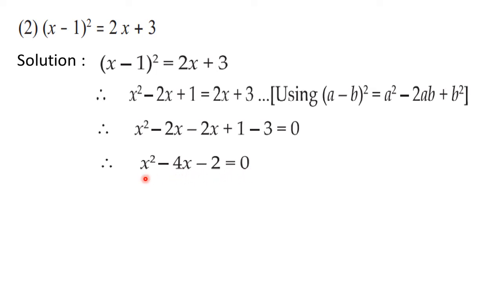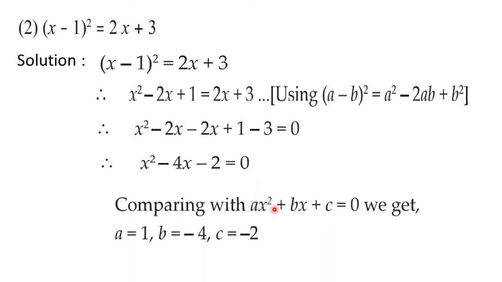Okay, please check. Did you get the same step? If you are solving along with me, try to solve it ahead. Now see, is it converted to the standard form? Yes. Ax square plus bx plus c is equal to 0. Then write down that statement. Comparing with ax square plus bx plus c is equal to 0, we get a is equal to 1, b is equal to minus 4 and c is equal to minus 2. So this is a 1 mark question. Take a note of these, students. This question will appear for 1 mark.